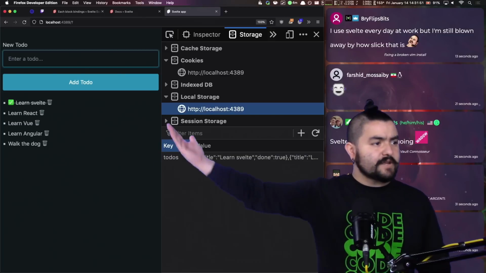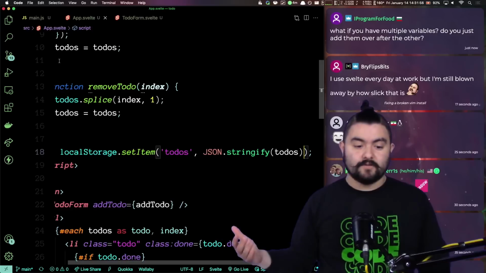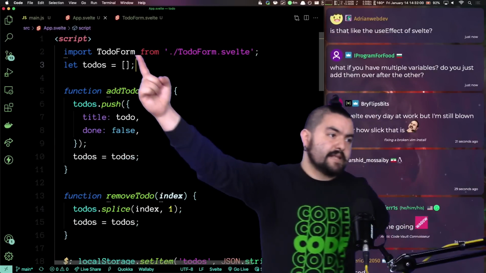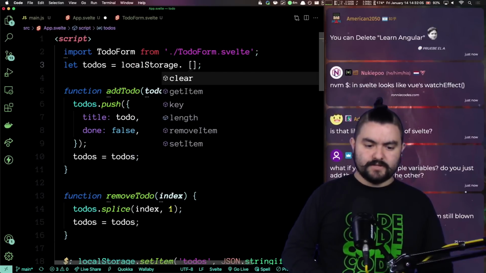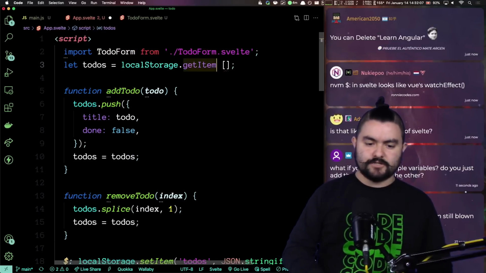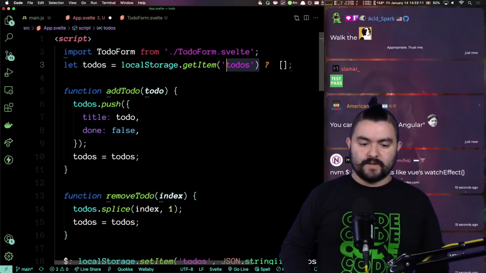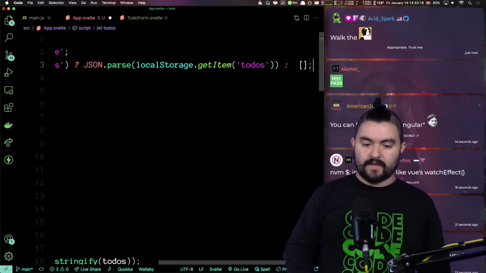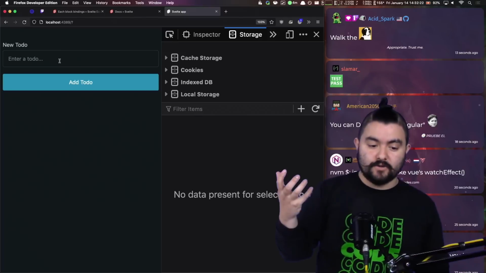Cool. So now we have these. Right now, if I reload the page, they disappear, right? But what we want is when the page loads, we need to set an initial value for to-dos. So we could say if localStorage.getItem('todos') is a thing, then we need to parse it into an array. So we'll do JSON.parse with that. Otherwise, set it to an empty array. And so now, when I load the page, it's going to load in that data